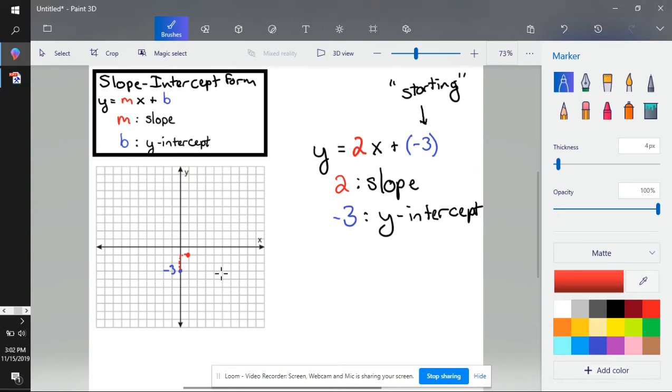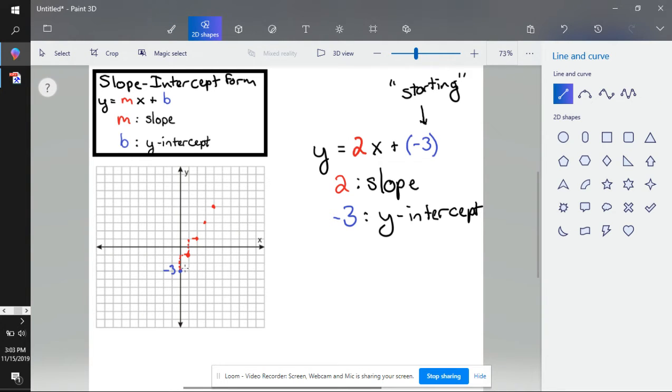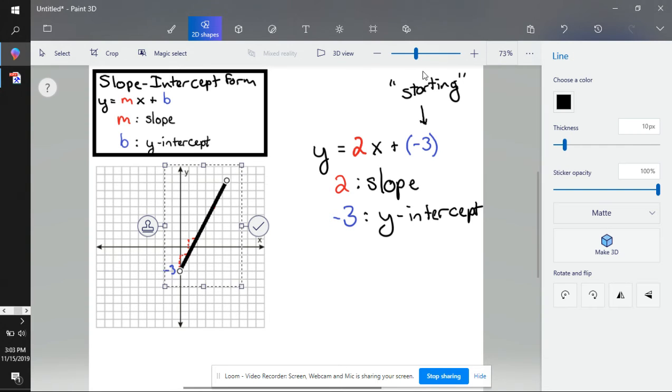There are an infinite number of points in between those, but don't worry much about that right now. We'll come back to that later. And then I keep going. Up 2, over 1. Up 2, over 1. Up 2, over 1. Now, I don't have to draw in all those little dots. What I want to do is draw in those points until I get enough points on there that I'm able to connect them all with a line,